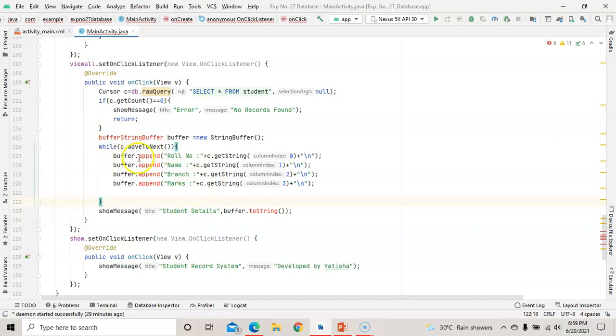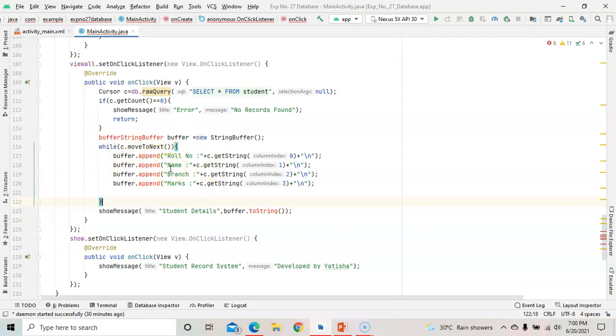So buffer dot append, roll number plus C dot get string 0, 1, 2, 3. 0 is roll number, 1st index is the name, 2nd index is the branch and 3rd index is the marks. Okay, so all the roll number, name, branch and marks, all the information is appended to the buffer class, and it will show you the message